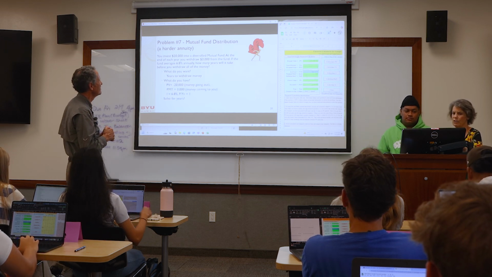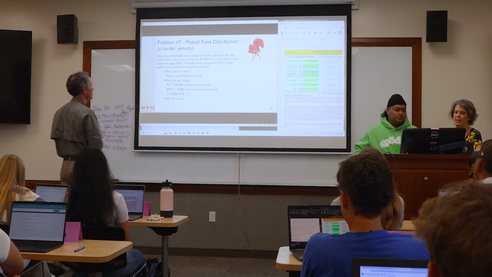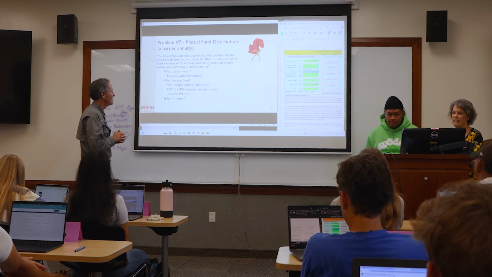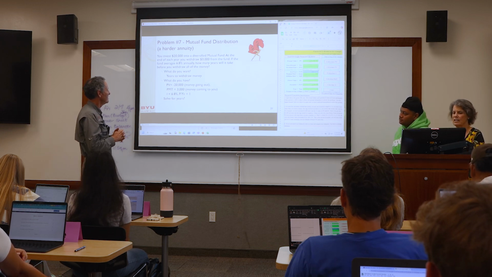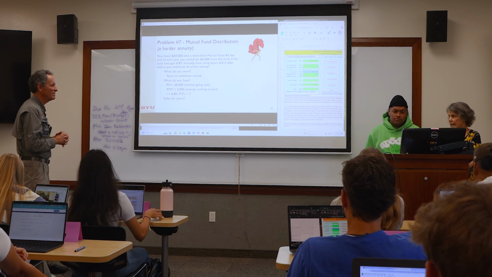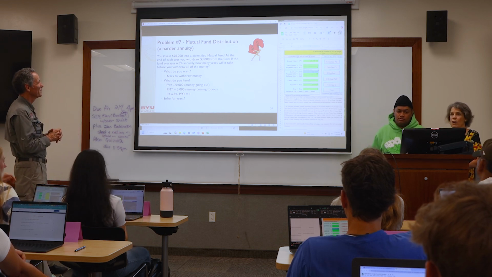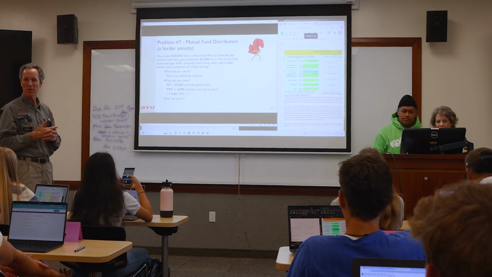So what do you have? You know that the present value is negative 20,000. The payment's 3,000 because you're taking out 3,000 every year. You get 6.8% interest for each year. It's compounded annually. And so we're going to solve for years, which is N. Calculate N. Yeah, 9.2, exactly.